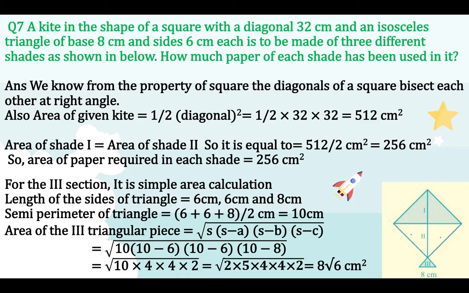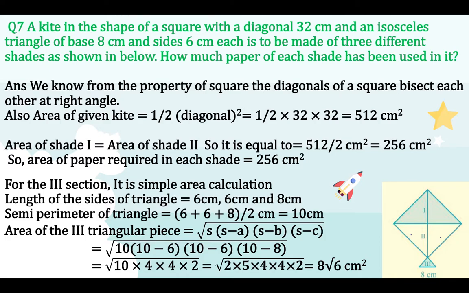Area of the square you all know is equal to side square. But in this we are not given the side. We are only given the diagonal. So there is one more formula to calculate the area of the square and it is half diagonal square. I have the value of diagonal so I can directly find out the area of both the triangular region. I will directly find the area of the square and this will be equal to half diagonal square.